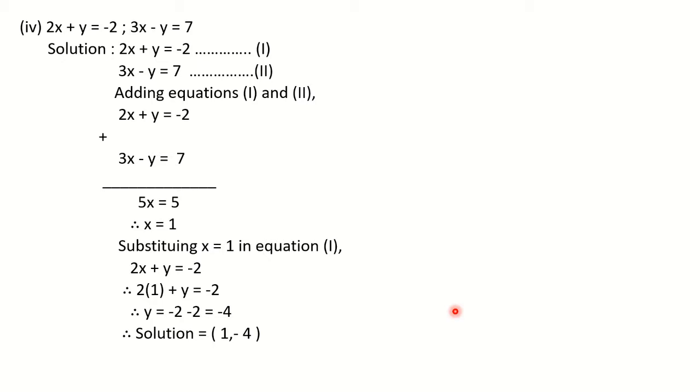While writing, try to understand how the next step has come. Also, be very careful about the signs, plus and minus signs. I told you so many times that algebra, that is mathematics 1, is all about signs. If you write the signs properly, then you are going to get the correct answer. But if you make any one mistake while writing a sign, you are going to get the wrong answer. So be very careful.